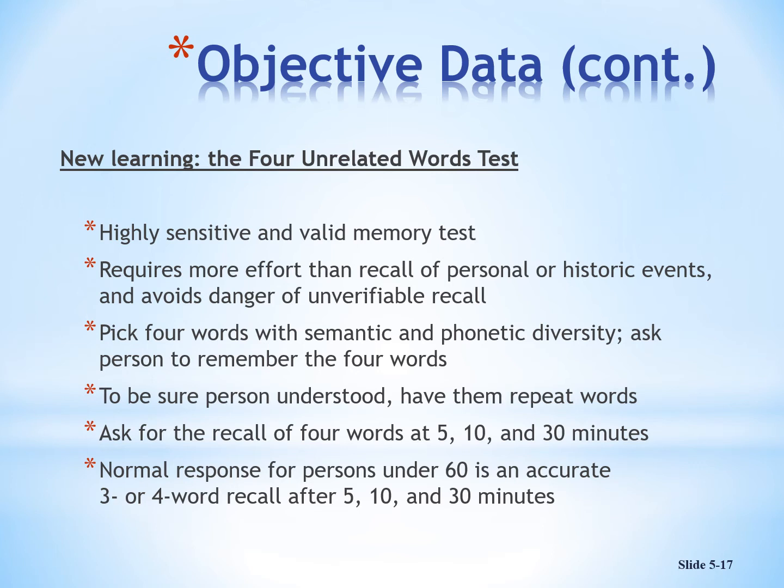So 4 words could be like maybe brown, honesty, tulip, and eyedropper. Now they can't match. And then in 5 minutes, you stop whatever it is that you're doing and you ask the patient to repeat those 4 words for you. And then you also check their memory again in 10 minutes and then in 30 minutes. Okay. If the person is having a problem recalling, sometimes we can say, oh, one of the words was a flower. So they're like, okay, tulip.